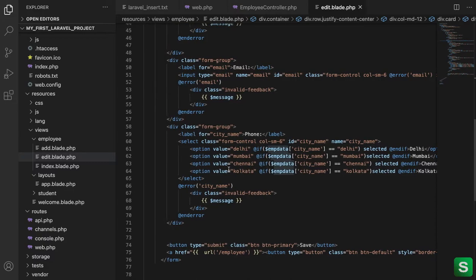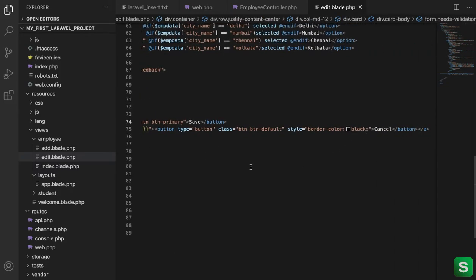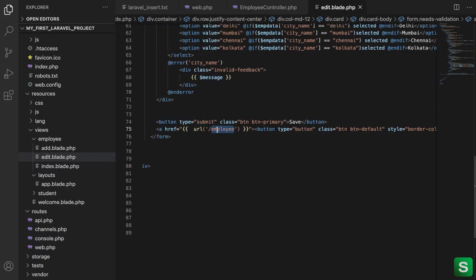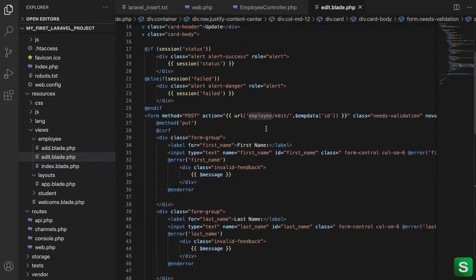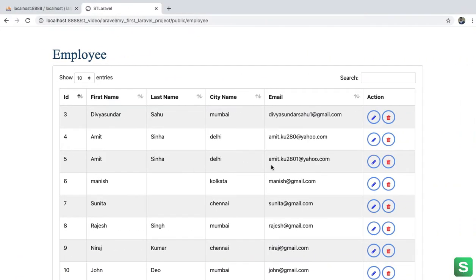We can also use JavaScript in one line to select it, but we have used it like that. And that's much. Here is a button which is a submit, and this is a cancel button. I will show you, it will just redirect to the employee page, okay. So this file is also very easy, very simple, not any more complicated code here. So now coming to here.